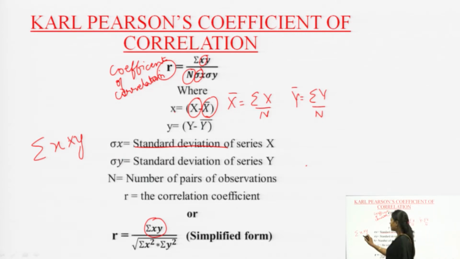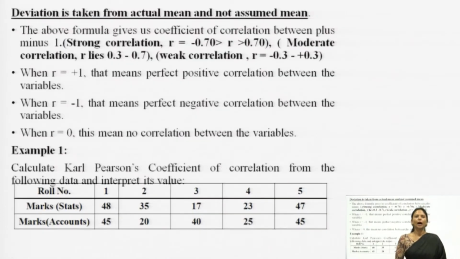Again, how we have obtained this x is x minus x bar. So, we will be studying this further, we will be using this formula instead of this formula, depending upon what kind of information is given to you in the question. We can practice any of these formulas. A simplified form of the formula is this. So, in the next question we will be using this formula. How to use this formula?